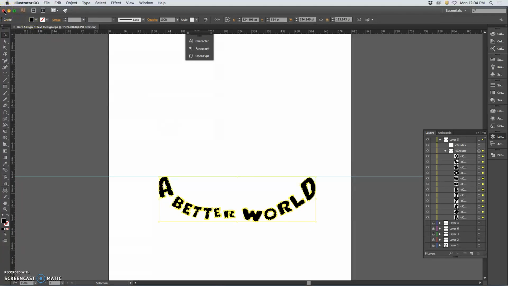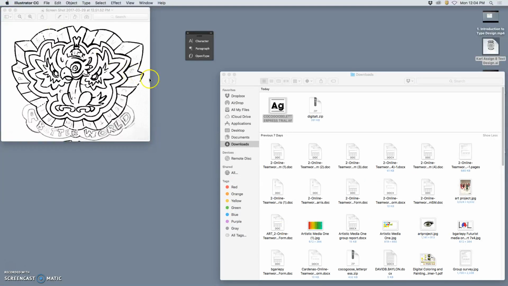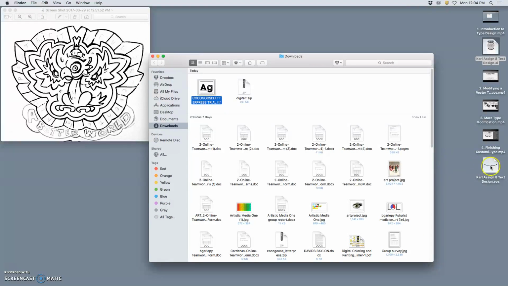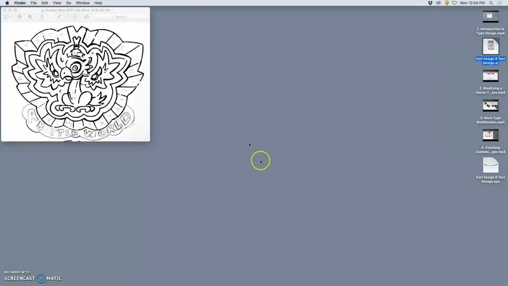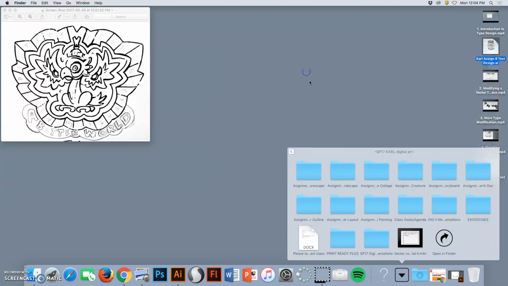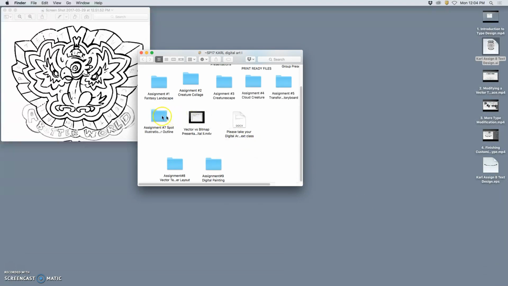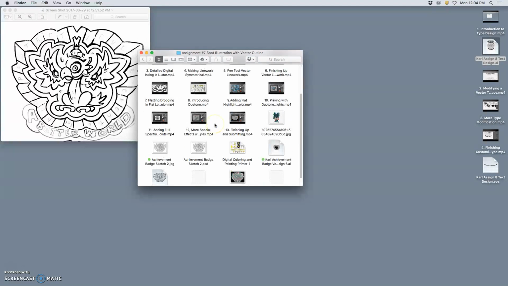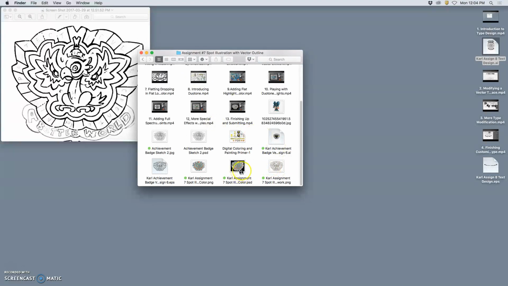And now we're going to do two things. We're going to make a PNG of it that we can see online, so we can submit our black and white text solution. You can submit your sketch if you like, but it's not required for this assignment. But your black text solution is required. And in order to do that, I'm going to go to my very organized folders, and I'm going to open up assignment 7 to get to my PSD file that has the color. So it's right here. I'm going to open that up